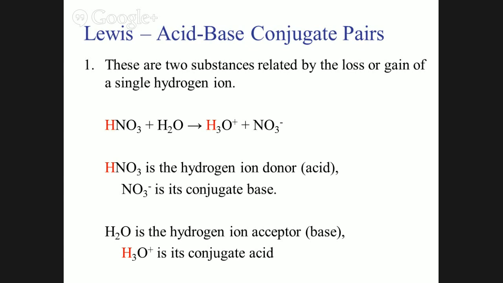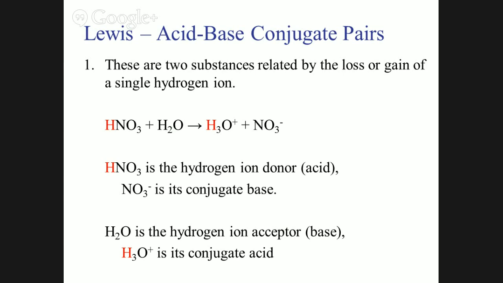Okay, Lewis acid-base conjugate pairs. These are two substances related by the loss or gain of a single hydrogen ion. And so what you're going to find is when you mix an acid or a base with water, the hydrogen goes somewhere. So for example, HNO3, that would be nitric acid, mix it in water. Note that the hydrogen goes from the nitric acid, joins the water, H3O plus, and then you also have your